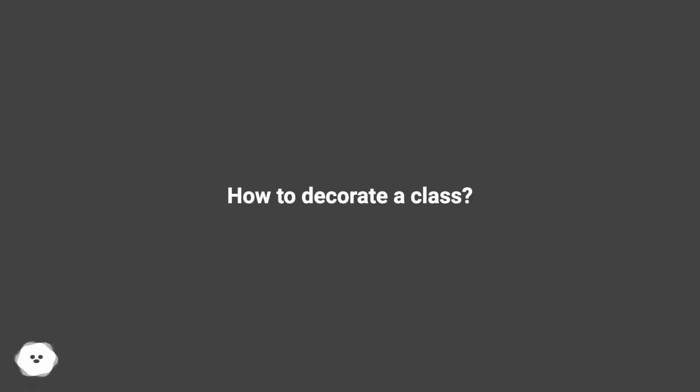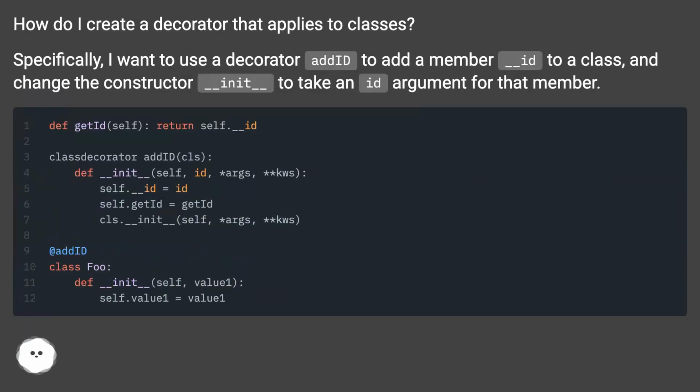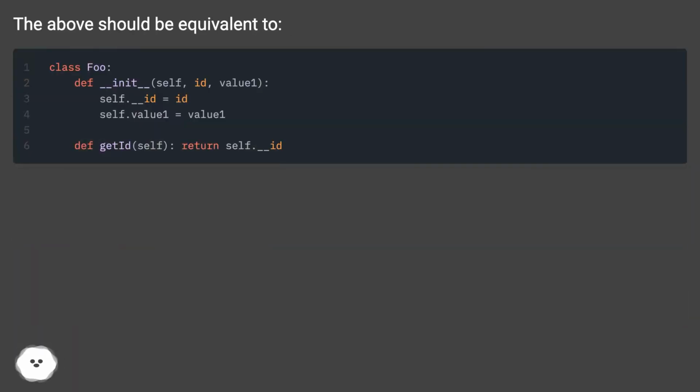How to decorate a class. How do I create a decorator that applies to classes? Specifically, I want to use a decorator to add a member __id to a class and change the constructor __init__ to take an id argument for that member. The above should be equivalent to